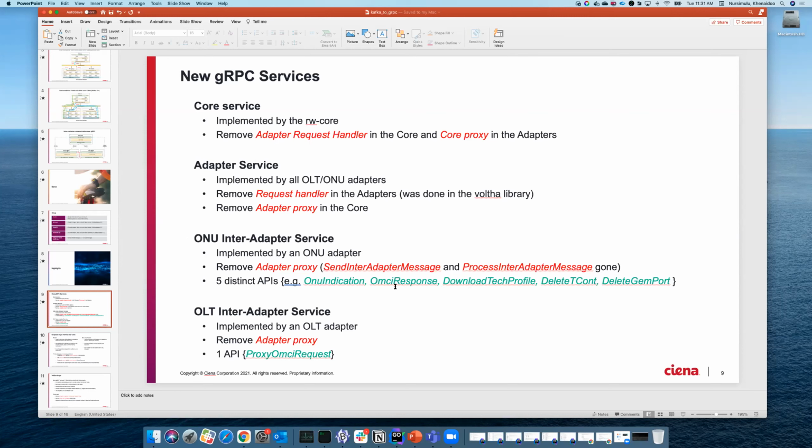For example, with this OMCI response, we could potentially have just one OMCI message. You'll see the OLT adapter has OMCI request and the ONU has OMCI response. The reason I left them separate is because I was looking at the ONU code and it's